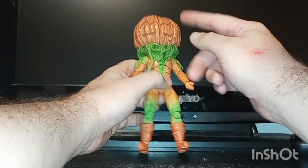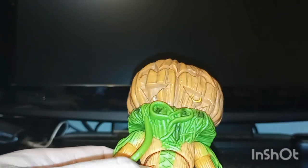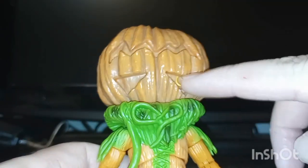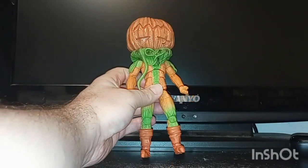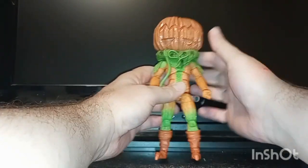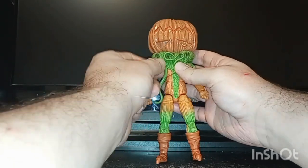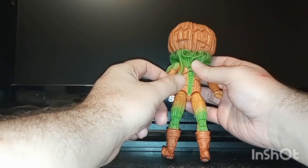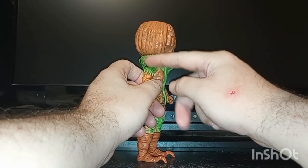His head is basically a huge, gigantic, upside-down jack-o'-lantern with sort of like one eye pupil in one of his eye sockets. I guess that's what that's supposed to be. But anyway, you can see he has a big bush around his neck of some grassy vines. We have one hanging down off of the neck vines there. So yeah, this huge vine hanging off of his neck, and the vines also taper off into